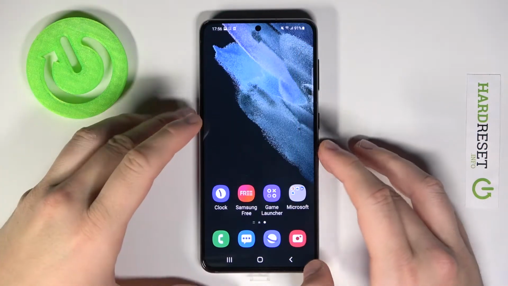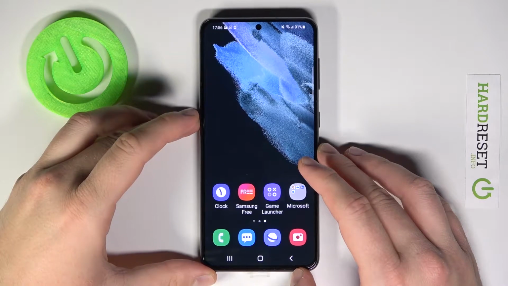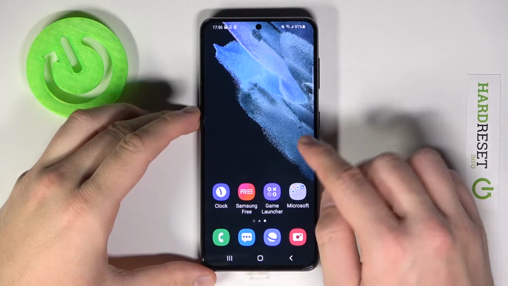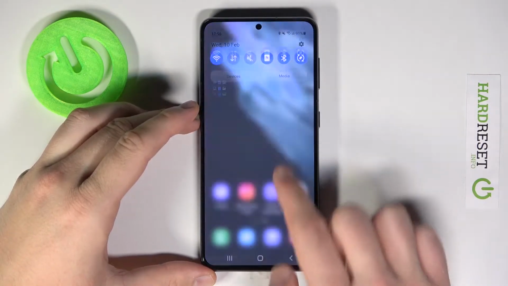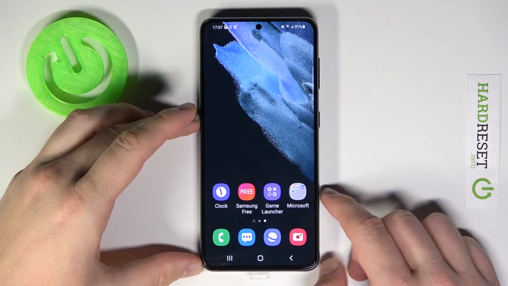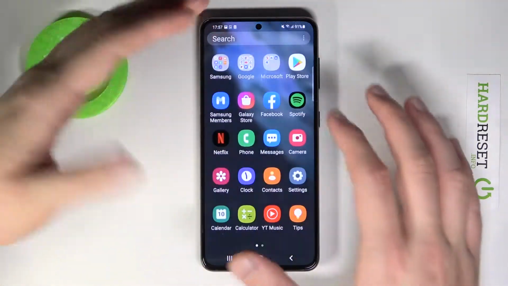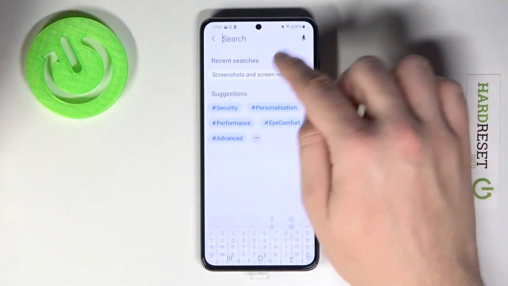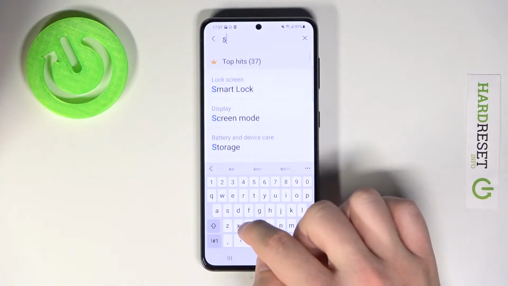Welcome. In front of me I have a Samsung Galaxy S21, and today I'm going to show you how you can hide the status bar and also the navigation bar on your screenshots. So right now when we go to the settings, tap on the search bar and type screenshot,